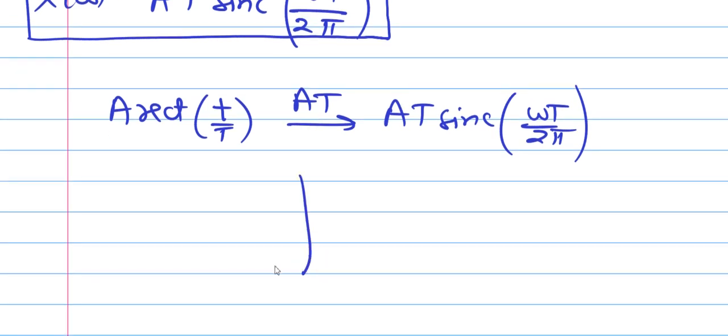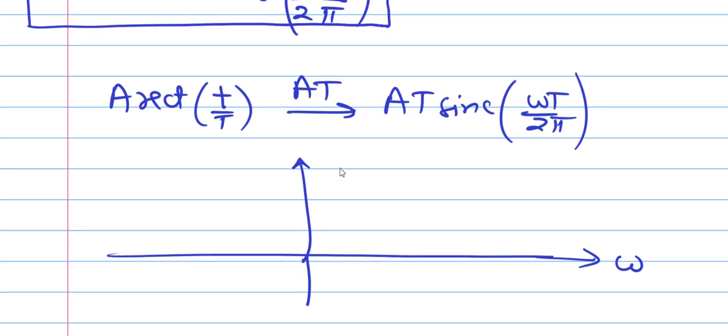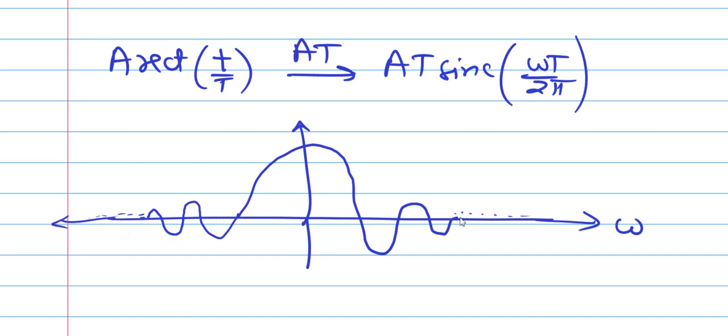So this is the sketch of the sinc function. As we have got the Fourier transform, we will plot this sketch with respect to omega, because we are in the frequency domain. So the sketch of the sinc function is like this. Again, it is an even function. This will continue. It will never become zero. This will continue till infinity. Its amplitude goes on decreasing.